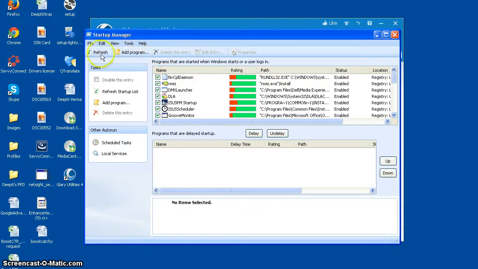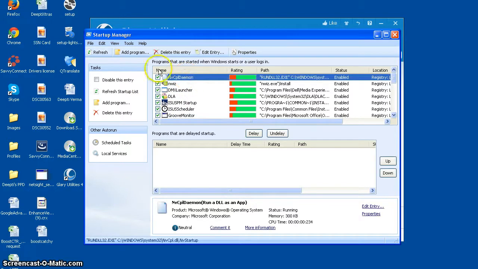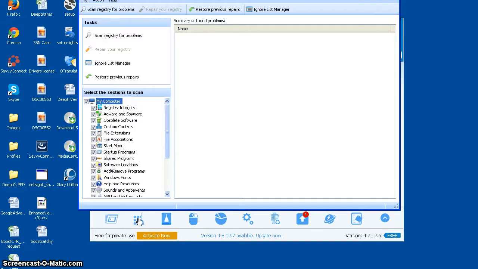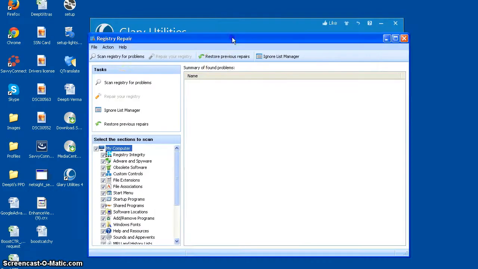This is the startup manager. Suppose you want to delete this entry, or delay or undelay, you can do that. So that's what it does, and the second one is the registry repair.